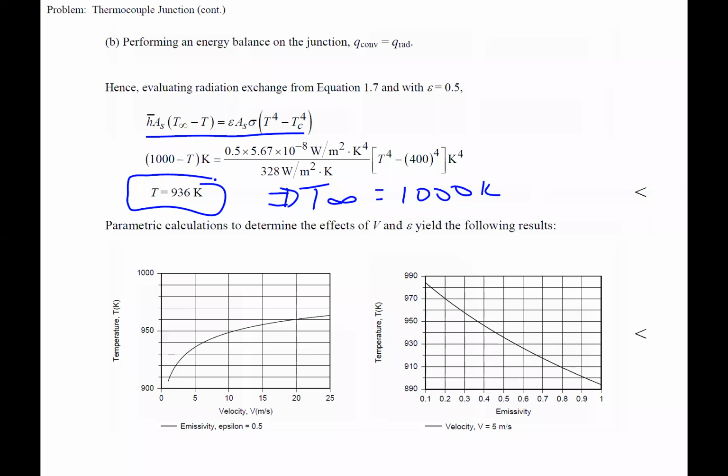So we're getting some temperature difference between what the thermocouple reads and what the gas temperature is. Here is changing the velocity of the fluid with emissivity. So with an emissivity of 0.5, we're measuring that temperature in the gas. If we're changing the emissivity of the thermocouple a bunch, what is it? Okay, so we get